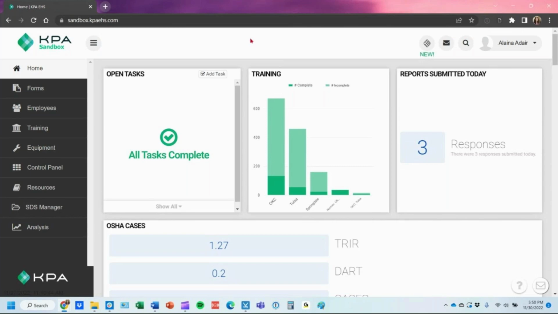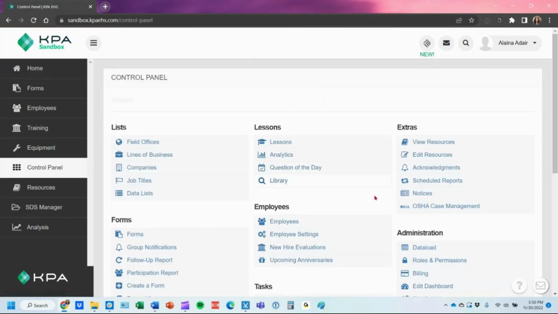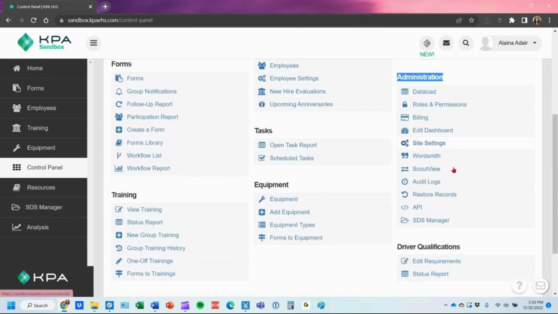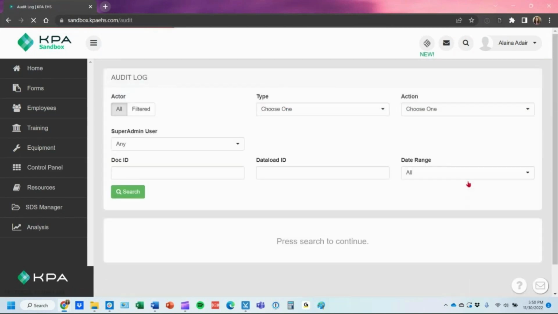In this demonstration, we're going to talk about the audit logs in the control panel. If you go into the control panel under the administration heading here, you are going to see an option for your audit logs. If you click into your audit logs, these really show everything that has been done on your site. There is a little bit of development code in here, so they can be a little